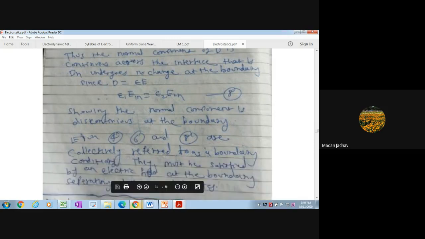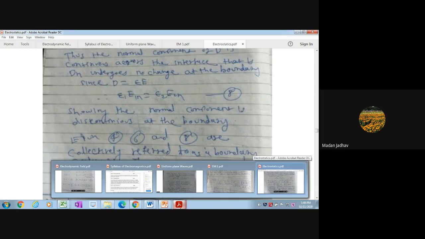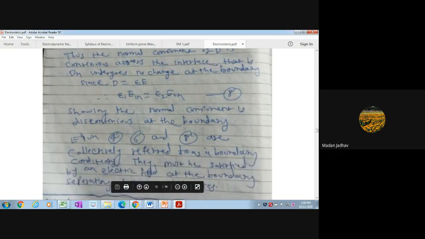Now we'll see the magnetic boundary condition, which again is nothing but the tangential and normal components at the interface of the two mediums. Suppose the magnetic field intensity is known in this medium and you have to use it. Now these electric boundary conditions and magnetic boundary conditions are useful for both types of field, the static field and the dynamic field. Therefore for the dynamic field there are no different boundary conditions.